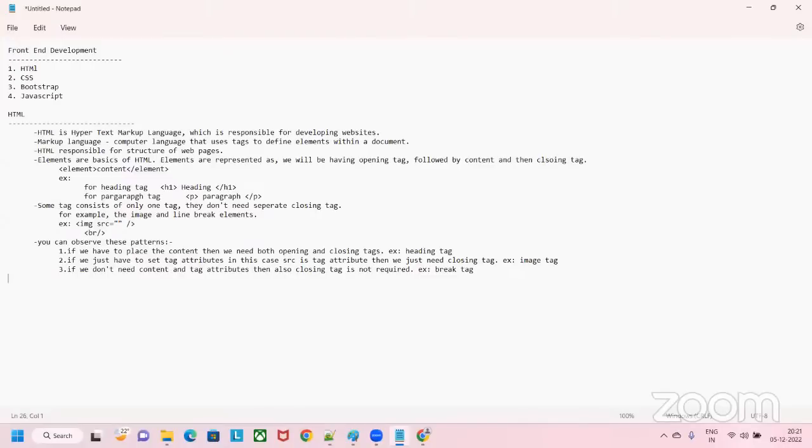Okay, this is the basic syntax, guys. Don't worry. As we start, there is a separate session where I will be explaining what is heading, and there is a separate session where I will be explaining what is paragraph and what is image, what is break and all. Okay,